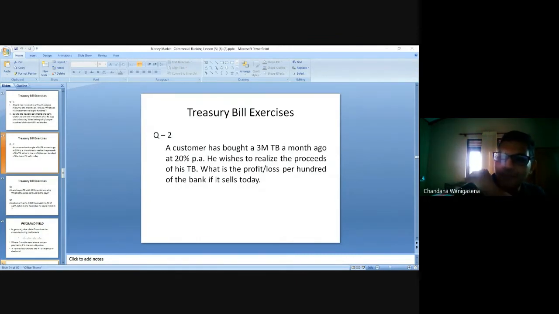Now the 20% is the rate. What is the interest rate? So whether it is going to be a profit or loss, you can decide there itself. So when you do the sum also, you get the right answer. If the original price is less than the price you get later, you get a profit, otherwise loss. So give 1 minute. Can someone put your answers in the chat? I really encourage.